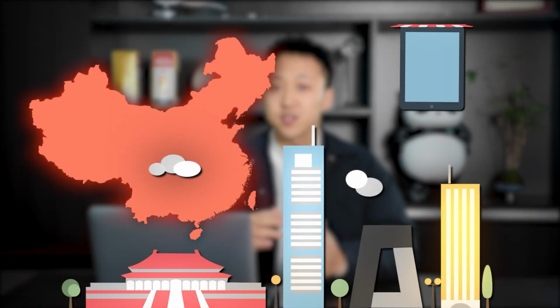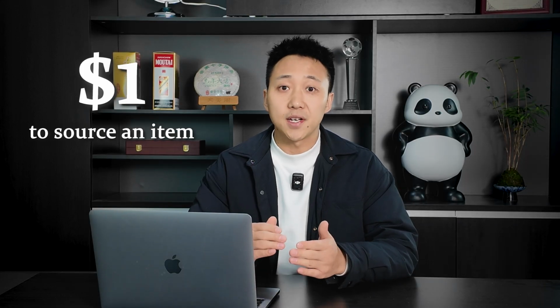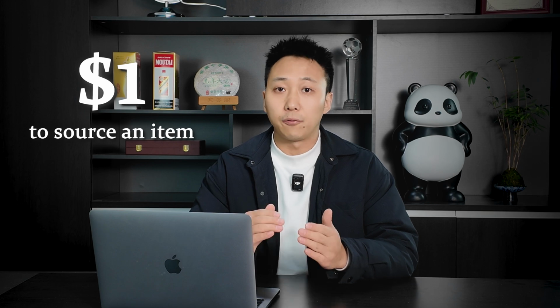This is Angus. When it comes to importing from China and reselling it, your profit margins depend on how low you can keep your sourcing costs. For example, the typical retail markup for an online store is 4 times the cost of the goods. This means that if it costs you $1 to source an item, you will need to sell it for $4